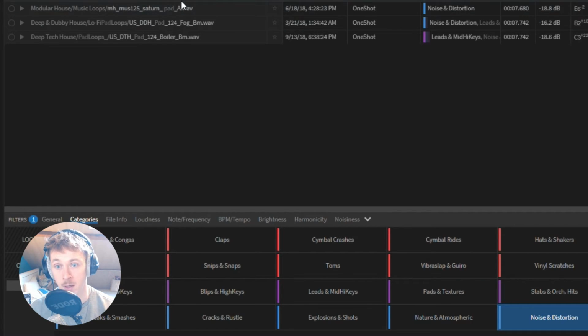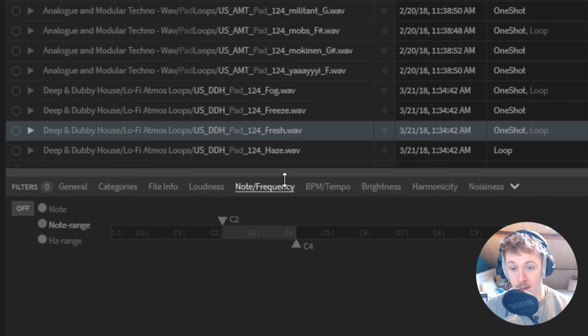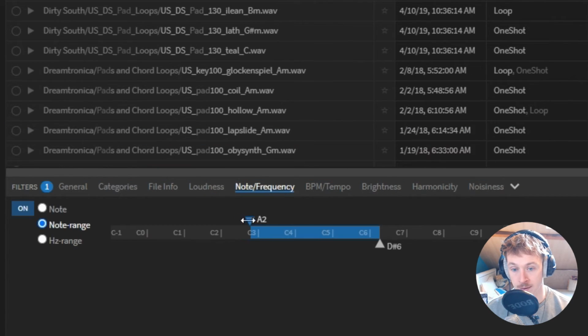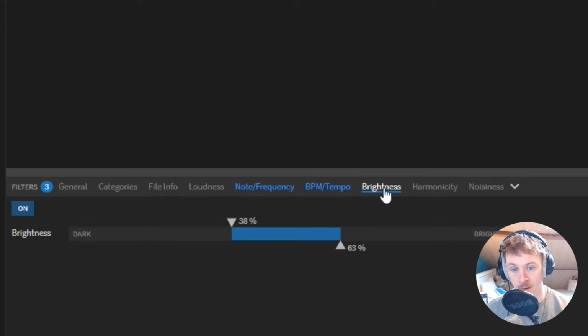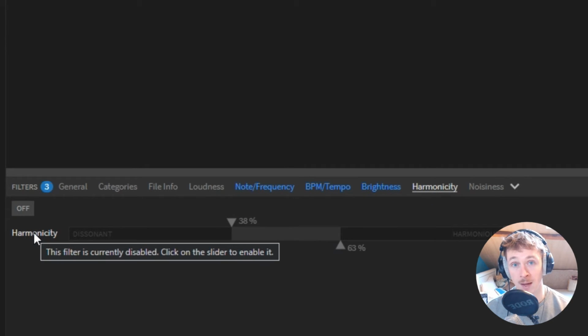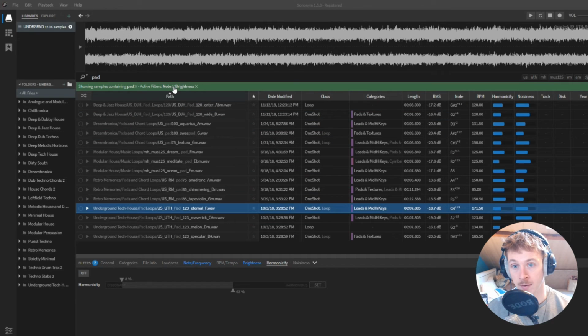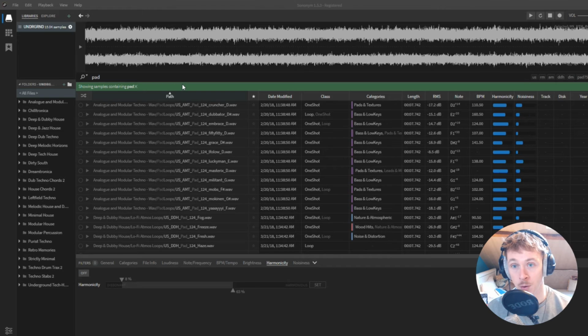So these will be noisy pads. And then I can use these filters here to narrow down exactly what I want. So for example, the note range here, you also have things like brightness here, harmonicity. So is the sample harmonious or is it dissonant? Let me just remove all these filters for now and show you what is probably the killer feature of Sononym,